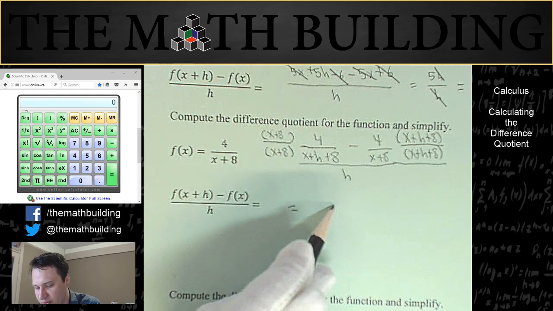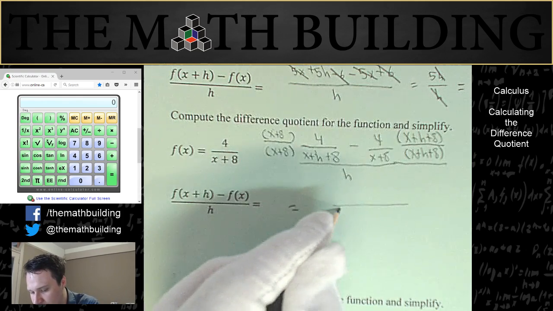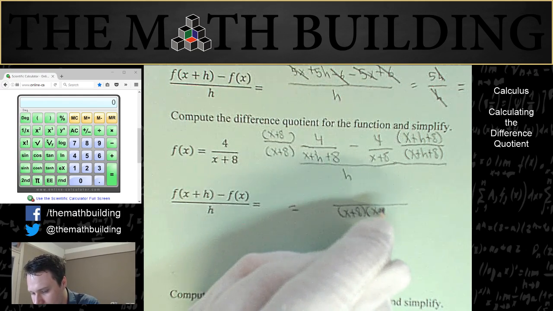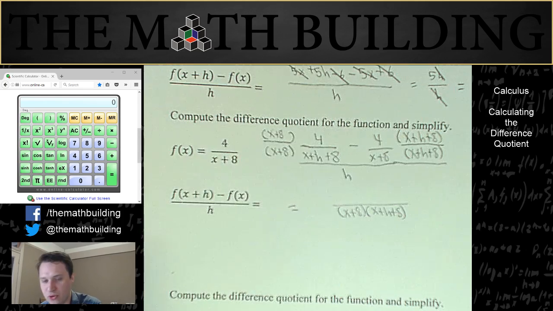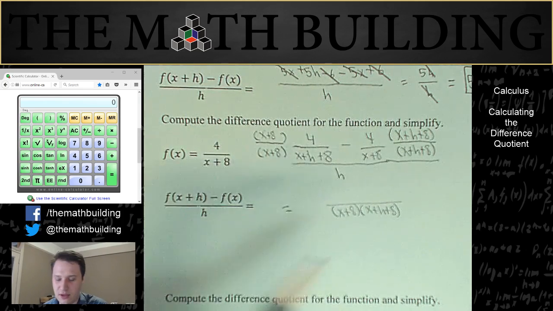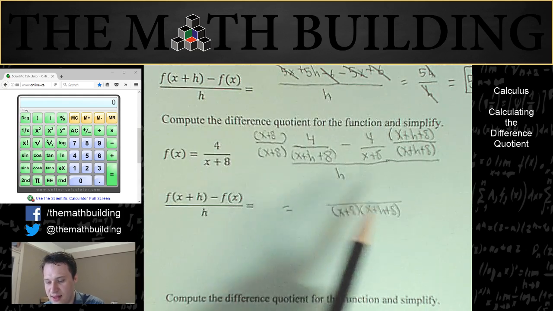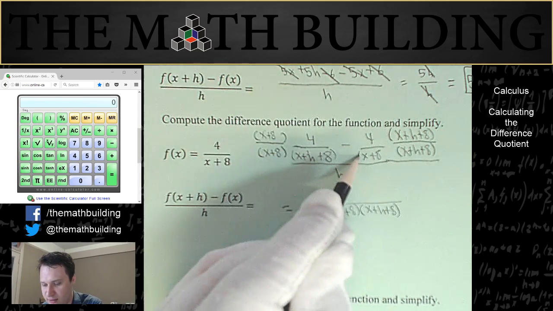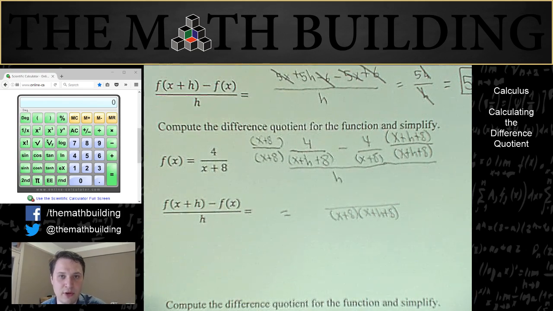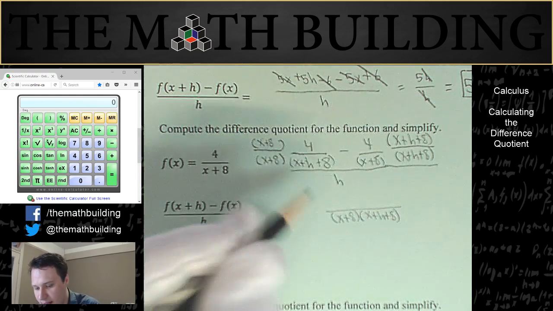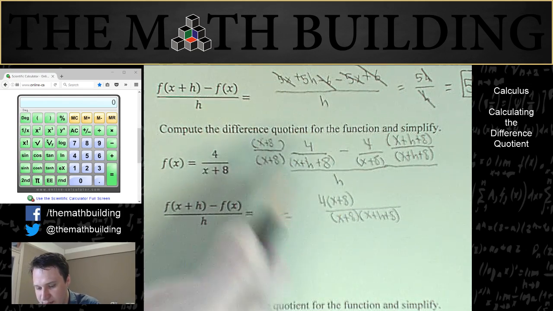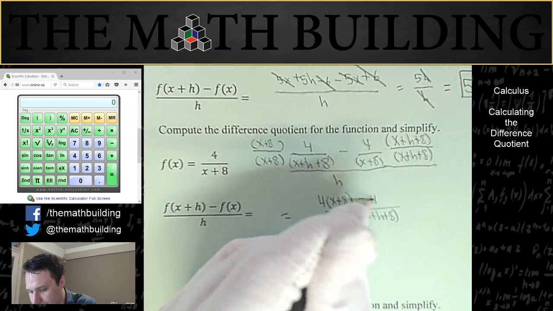Because now, with this top fraction, my denominator is guaranteed to be this. Don't you agree? The denominator of this fraction is x plus 8 times x plus h plus 8, and the denominator of this fraction is x plus 8 times x plus h plus 8. So we've got the same denominator on the bottom for both fractions. So that means I can subtract 4 times x plus 8 minus